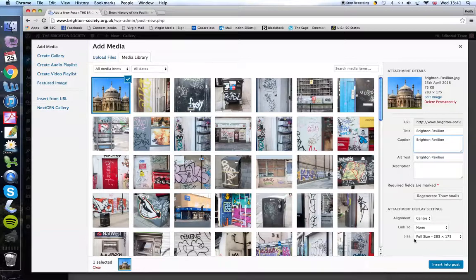Now down here is interesting. At the moment, alignment is at centre. I would put it at first to the left, and I can show you how you can change it later, actually in the post itself. It doesn't link anywhere, but it can link to the actual, oh yes, another thing, just like your posts, each